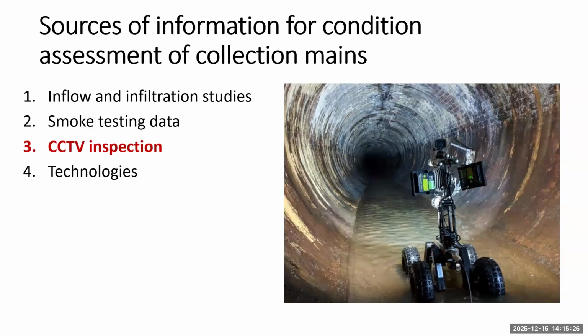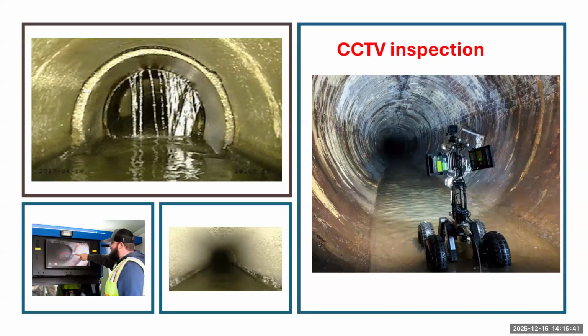CCTV inspection, as you can see, the little robot that's moving down the sewer line. You're actually sending a TV down the main, and you're looking for things like cracks and defects, infiltration. And here's some examples here. You can see on the upper left of your screen, you can see an active infiltration coming on. It looks like a poorly grouted or deteriorated joint between pipes, and it looks like maybe a crack there. There's been a crack closer to us.